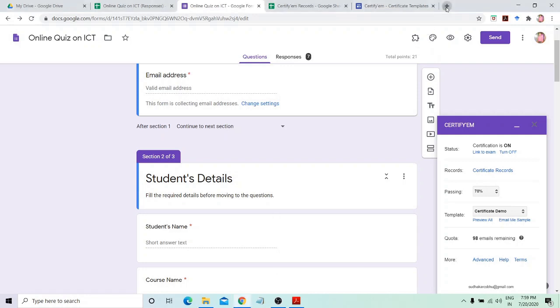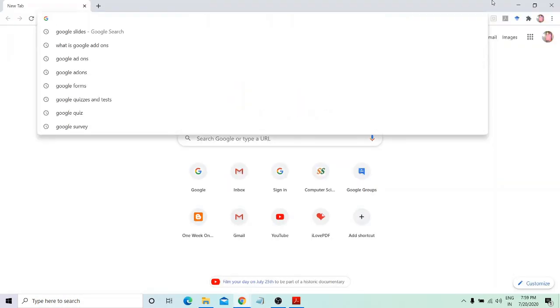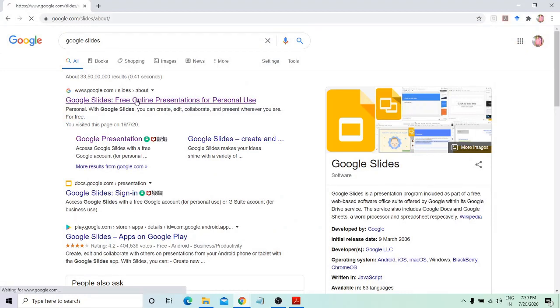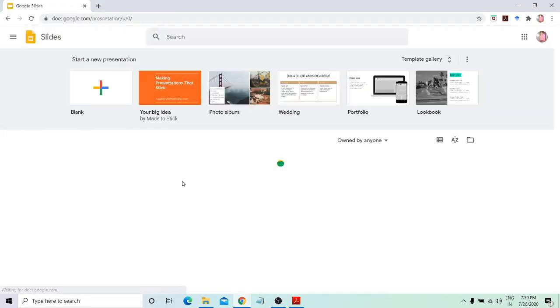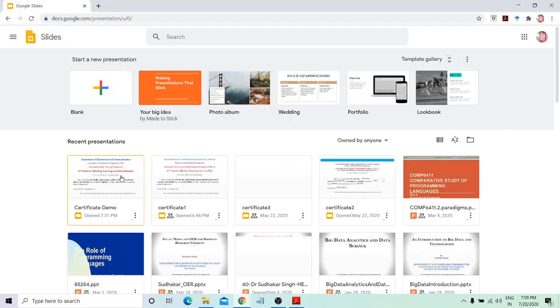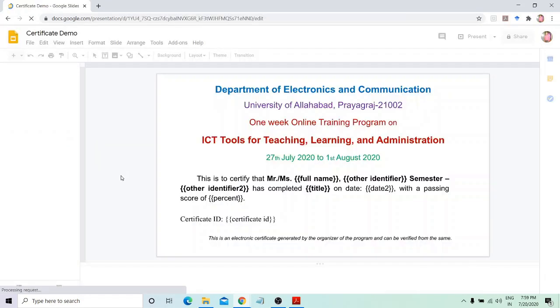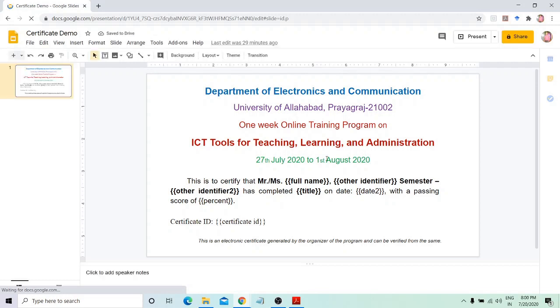You can go to see your Google slides. For example, I have recently designed a certificate in Google Slides, or you can design a slide on your system and simply upload on Google Slide.